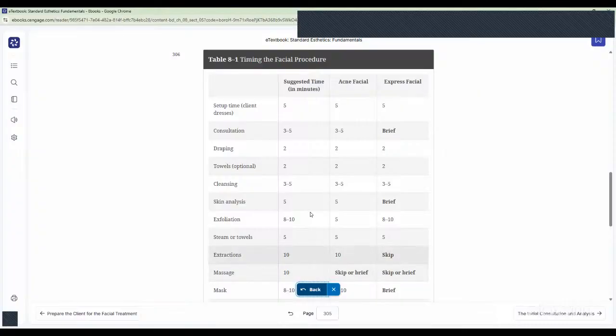Okay, this is something for you guys to highlight on page 306. A setup, suggested time 5 minutes, acne facial 5 minutes, express 5 minutes. So it should not take 30 minutes for a student to set up for a facial. Okay, 5 minutes. Consultation is 3 to 5 minutes, and it's if you're doing an express facial, the express facial is